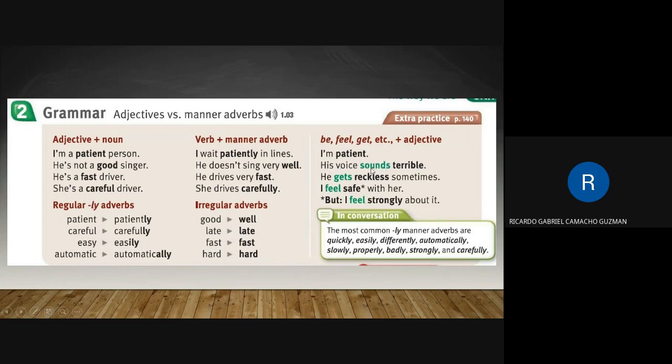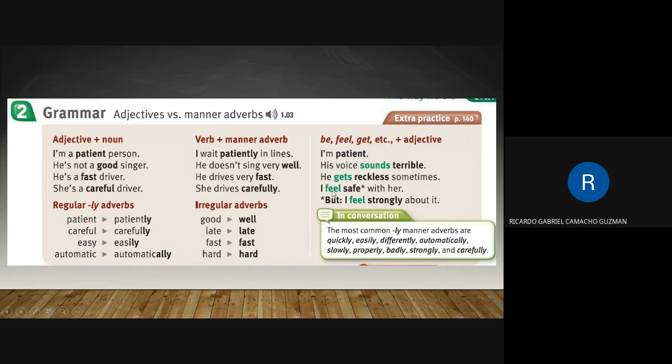Entonces, ¿qué es lo que sucede con esto? Al ser una palabra que se está utilizando para indicar cómo es que se siente o la condición que tiene una persona, pues obviamente el adjetivo no va a cambiar a adverbio. Otra forma, he gets reckless sometimes. No utilizamos he gets recklessly, porque a final de cuentas la palabra get también habla acerca de una condición,